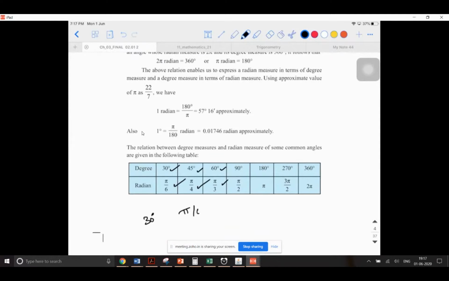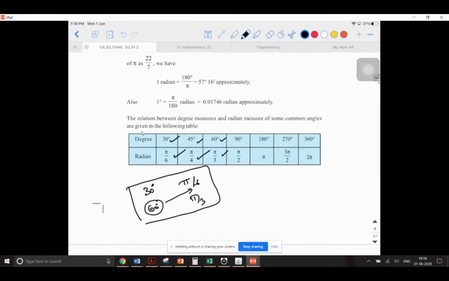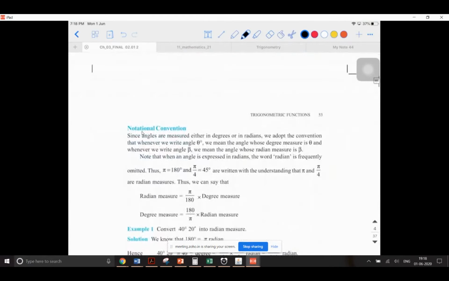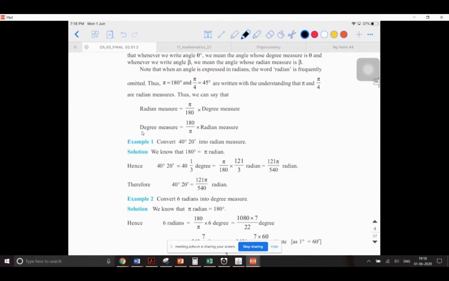30 degrees is pi by 6 and 60 degrees is pi by 3. One common mistake that people make is that just because they see 60, they write this 6 in the denominator. Don't make that mistake. It is the counterpart. So 30 degrees will have 6 in the denominator, 60 degrees will have 3 in the denominator. This is a very commonly made mistake, so avoid this. Other things you can derive, not a big deal. So I'm sure you would have got the concept. You can derive these things. Whatever I gave you is going to be the same formula. This is the one which is given in your textbook.